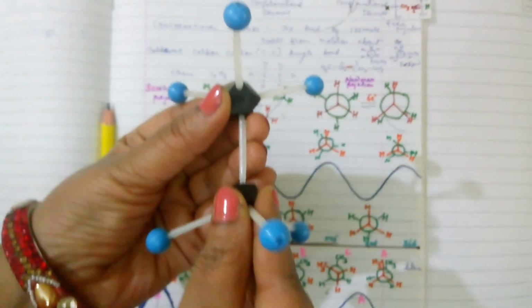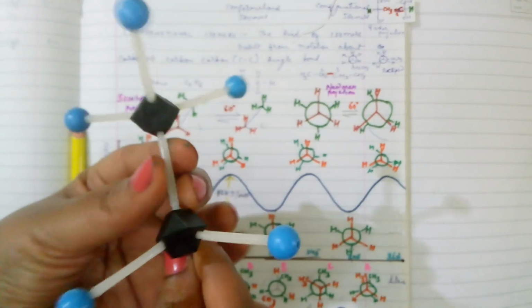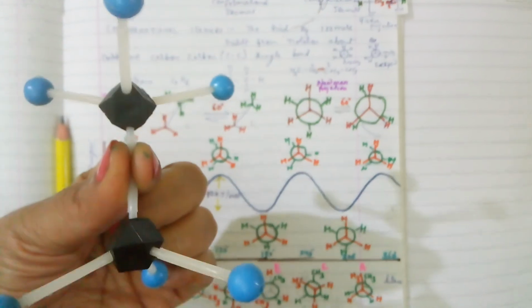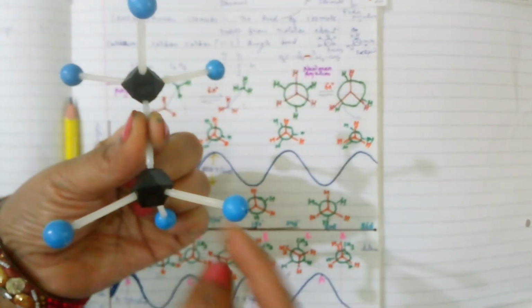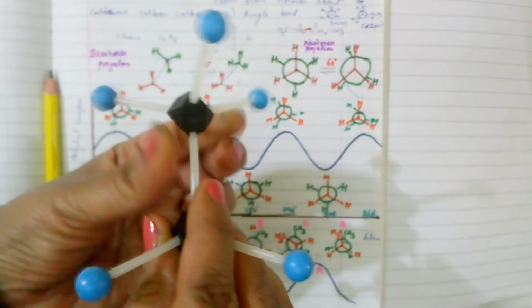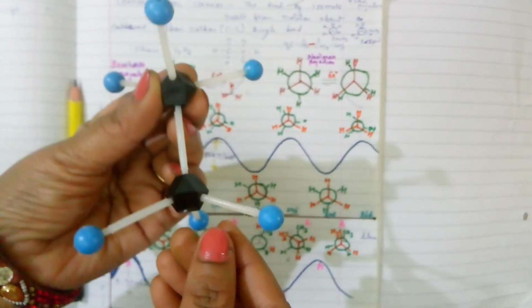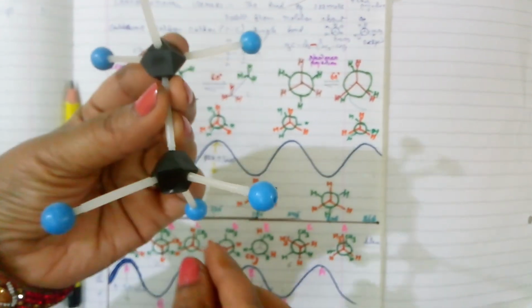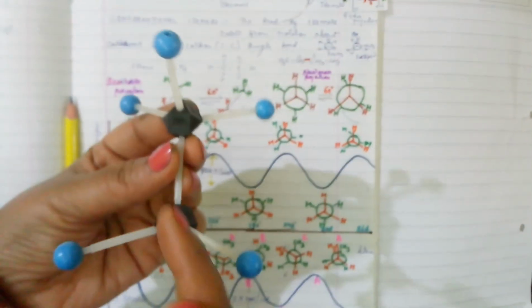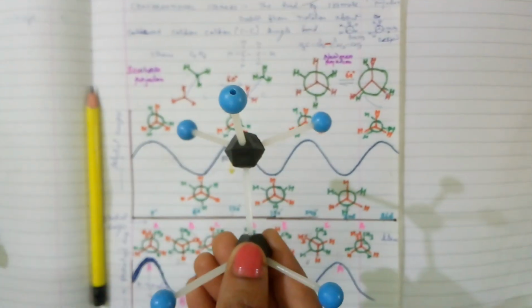If I change the dihedral angle by 60 degrees by rotating one of the carbons, it is now converted into the staggered one. See, each one is in the opposite direction from the others. This is above, this is below, this is upward, then these are downwards. Again I change the dihedral by 60 degrees, again we get the eclipsed, and if I change the dihedral angle again, we get the staggered one. So changing the dihedral angle by 60 degrees, we go from eclipsed to staggered and vice versa. So this is all about the conformational analysis of ethane.